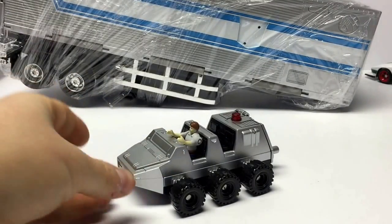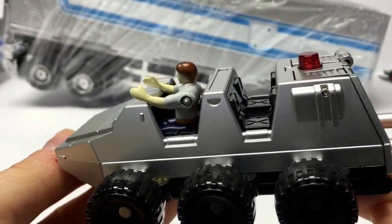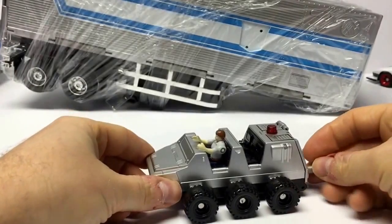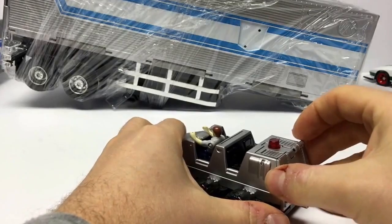Okay, I've got Spike inside Roller now. This is the oversized Spike figure that came with MPP10, Oversize Optimus Prime. So we'll keep him in there. And we'll show you one other cool thing that you can do with one of the accessories from the oversized